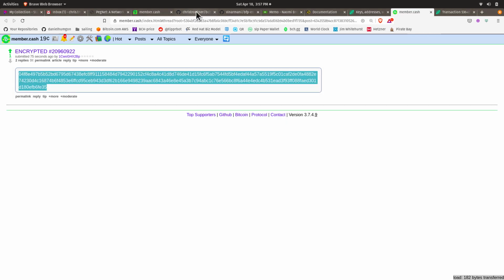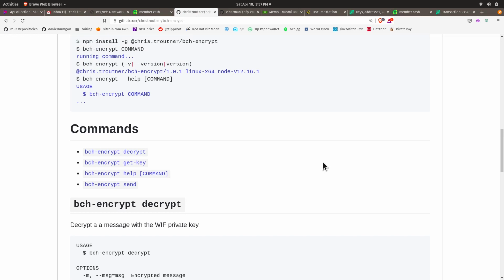Okay, so this is a walkthrough of this prototype that I've put together. So its basic functionality is in place. And I'm going to keep refining this. I'm going to eventually turn this into a Gatsby web app that you can go and just interact with a web page in order to send people encrypted messages. I've also talked with FreeTrader, who put together member.cash, and I've been communicating over Twitter with memo.cash. I think they're both interested in taking this feature and integrating it natively into those sites.